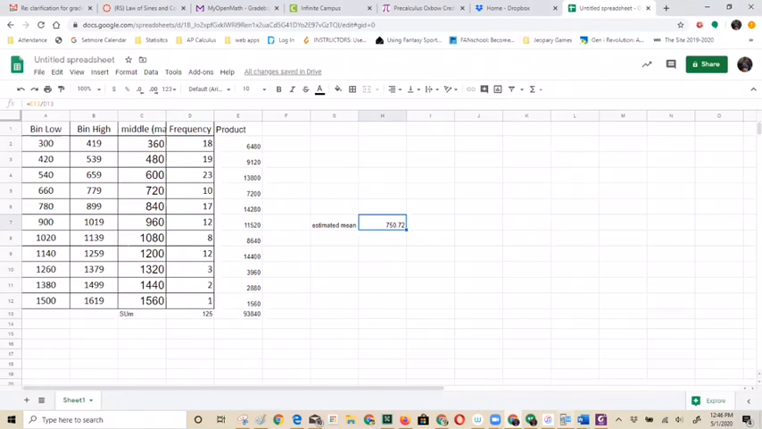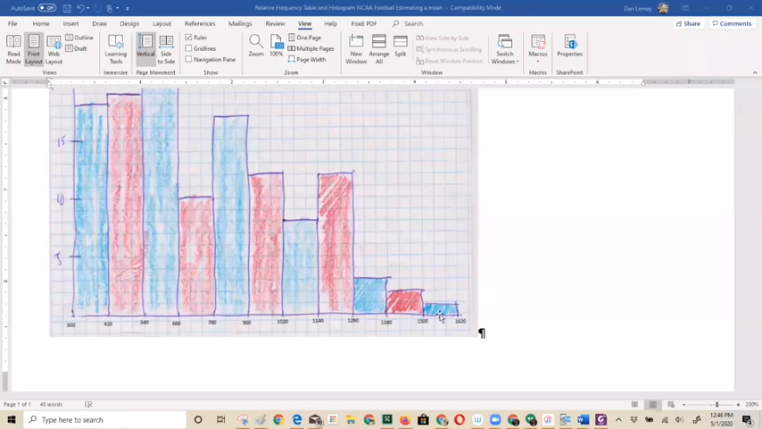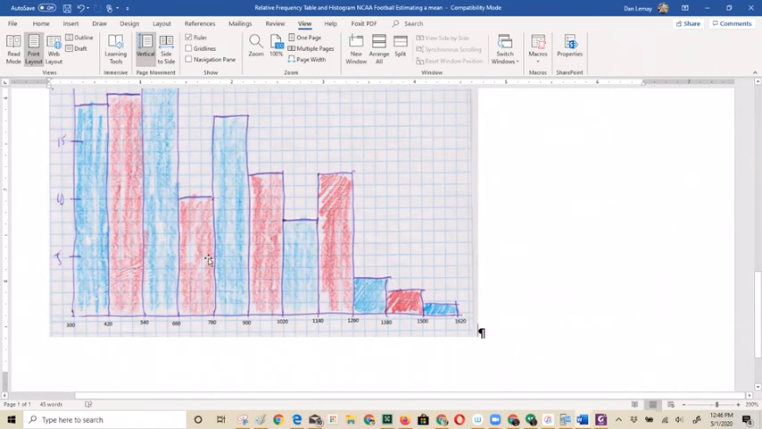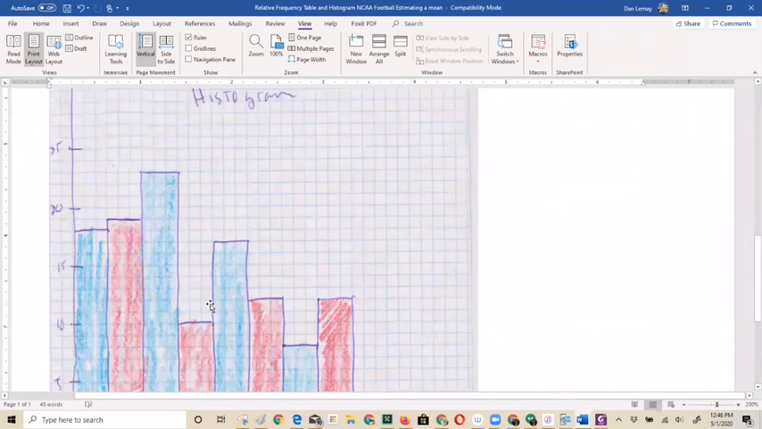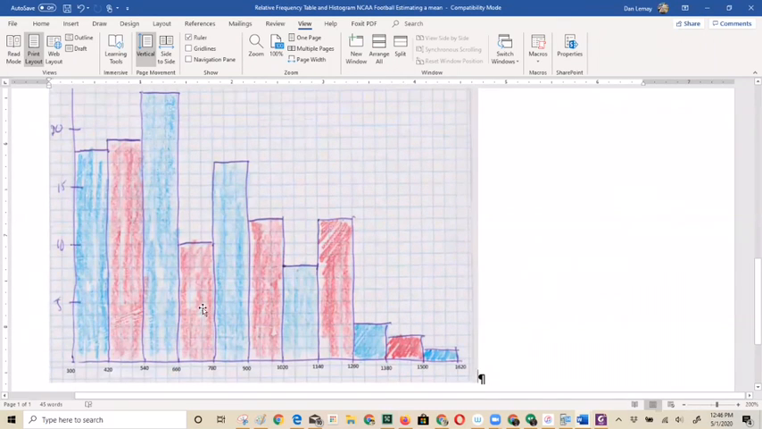Now, if we come back and look at that histogram, let's see. 750 fell somewhere in here, right? So to the upper side of that bar. And this is a right skew distribution, so I would expect this to be higher than the actual